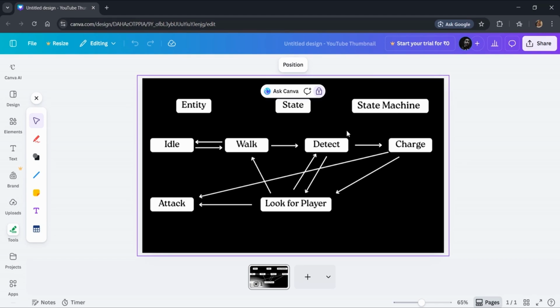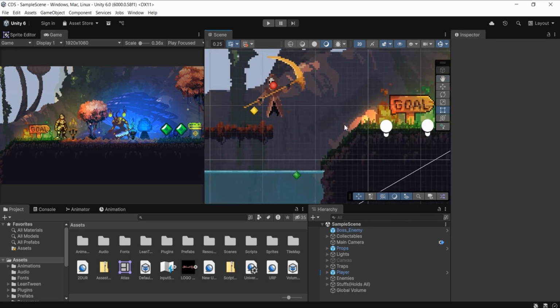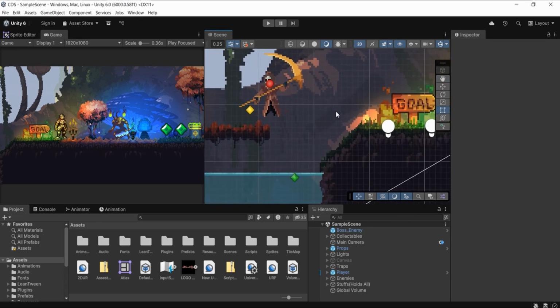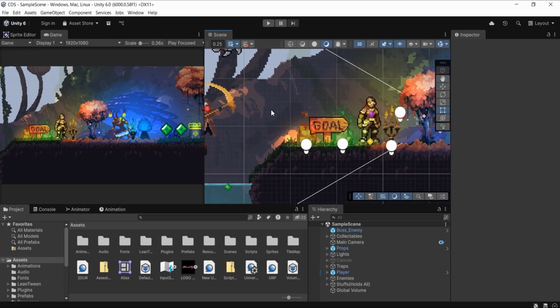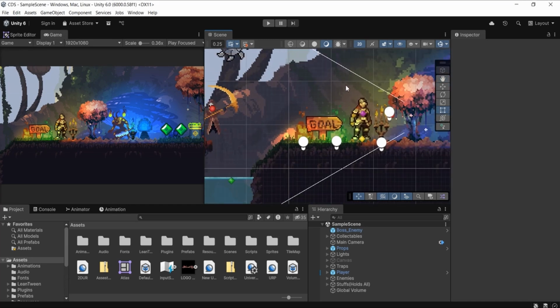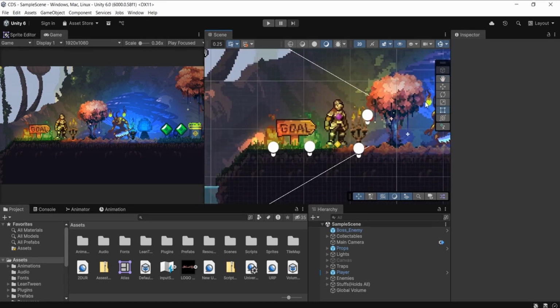state. Let's suppose once our boss enemy is somewhere at the end of the ground, that means we want to play the idle state. Meaning we want to enter idle, and then after a few seconds our enemy needs to flip, and after flipping we want to move over to the move state, meaning that our enemy needs to move or patrol around this ground. So